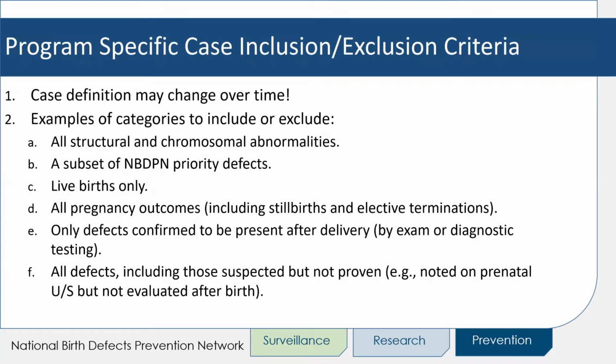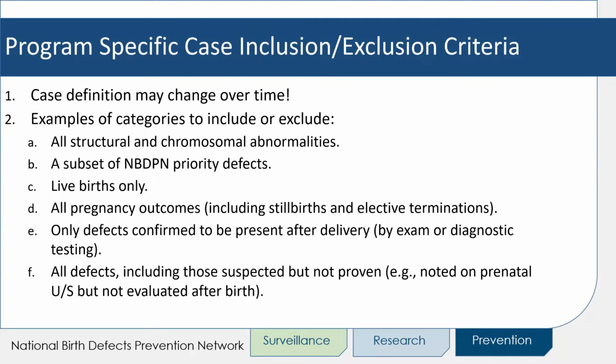Some examples of categories to include are all structural and chromosomal abnormalities, a subset of NBDPN priority defects, live births only,